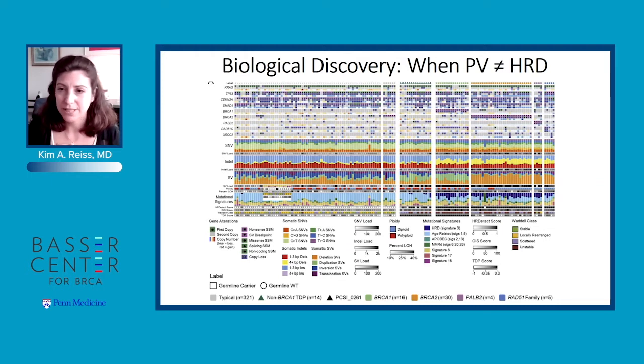Talia Golan and Steve Gallinger, from whom this figure is drawn from their paper, recently published a really landmark study where they looked at 416 pancreatic cancer samples and looked for signs of DNA damage repair deficiency by a couple of different assays. They used HR Detect, Signature 3, the Myriad MyChoice assay, and genomic instability score. They found that of all these, HR Detect was the most specific and sensitive for assessing